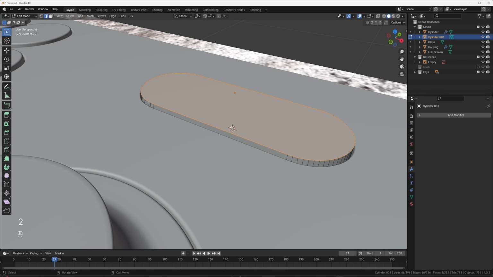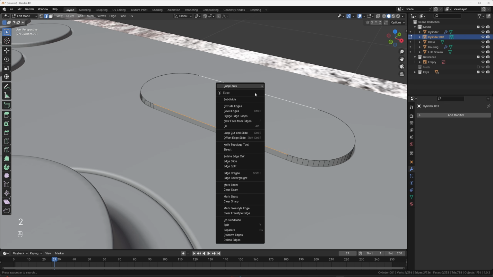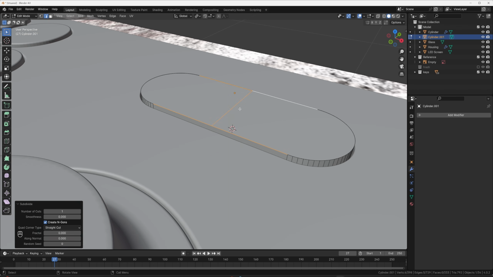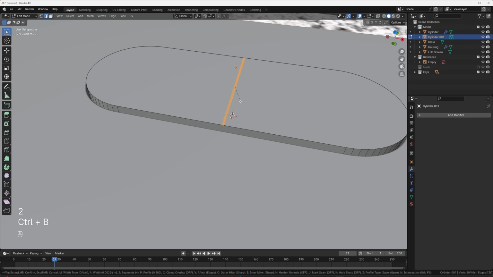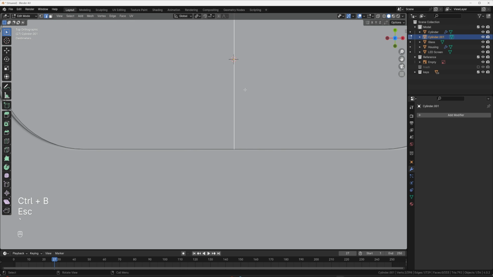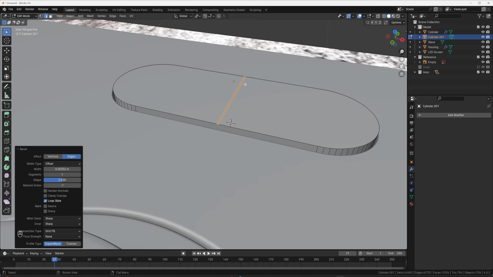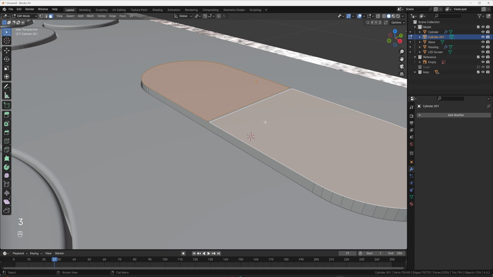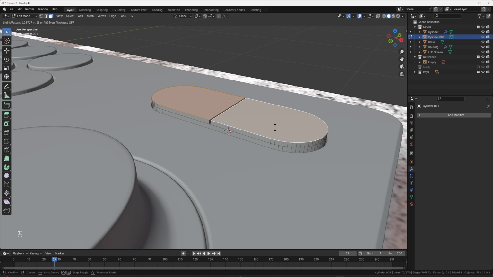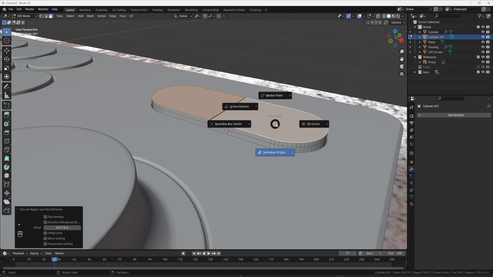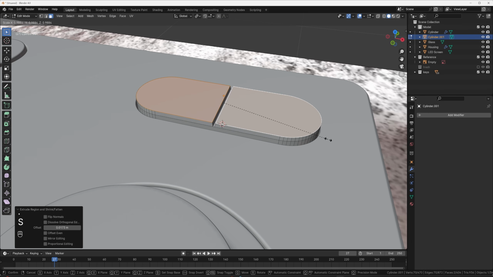So what I'm going to do is I'm just going to click 2 and grab both of these, right click and do subdivide. That's going to give us a nice little edge here. And then I should be able to bevel this. Perfect. So I'm just going to go to the top, Control B, scroll down until we've got 1 segment like so. Just a little bit of a thing there. And then I'm just going to grab both of these faces, extrude them along their normal, bring it up, and then if we set our thing to individual origin, then we could try scaling this, and that should give us a nice little bit of a bevel.